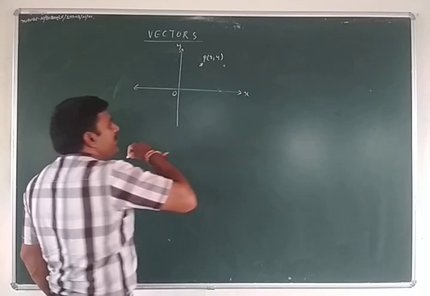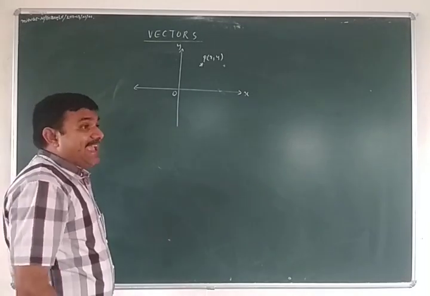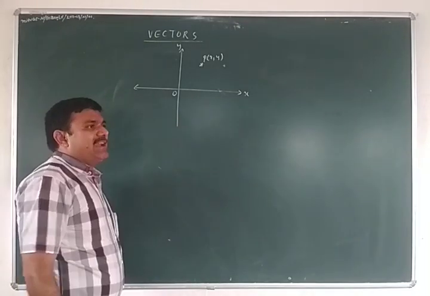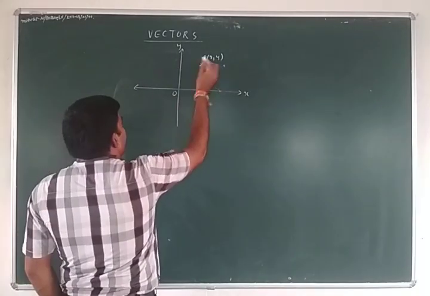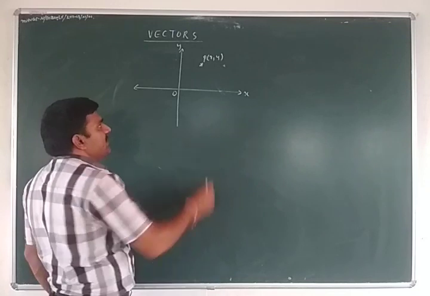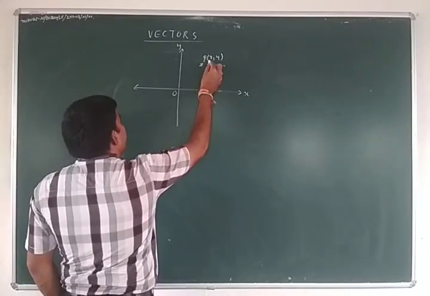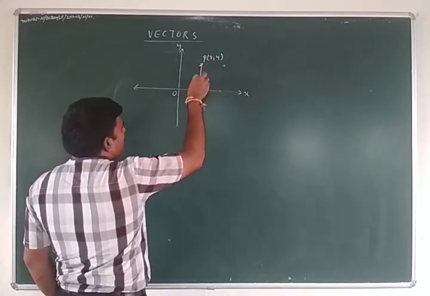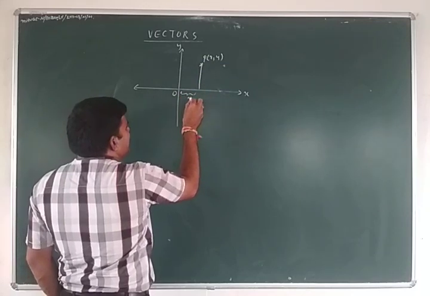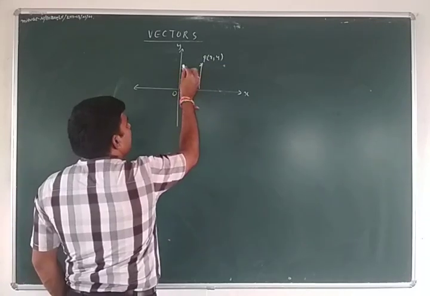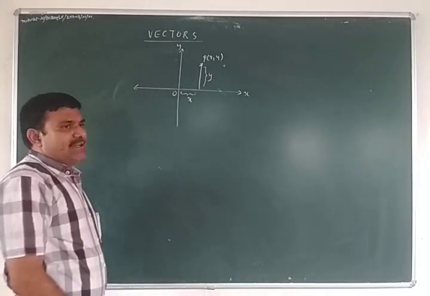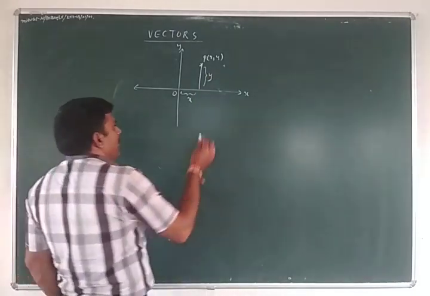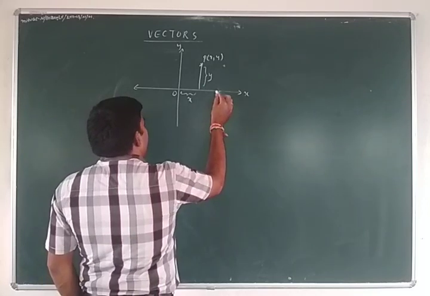So here the concept is, mainly if you have a point here, let P be x comma y. So in the two-dimensional geometry we have the x and y, because here two coordinates are there, x coordinate as well as y coordinate. So the point also has the two values x comma y. The point x comma y is nothing but, the length on the x axis is x units and the length on the y axis is y units.